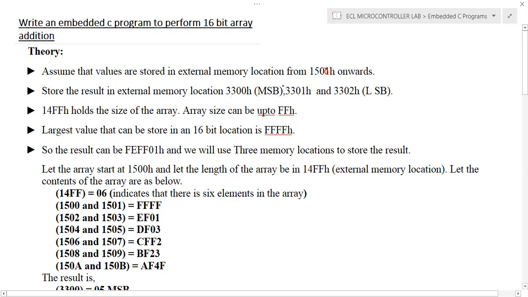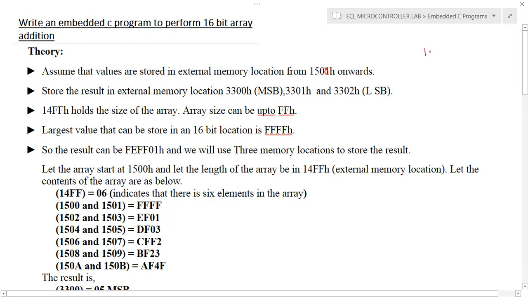Actually, we are using 3 locations, and I will tell you why we require 3 memory locations: 3000, 3001, and 3002. And assume that the count value, which is loaded into 14FFH, is actually the size of the array. And one more assumption we are taking in this particular case is that the maximum count value is FF.